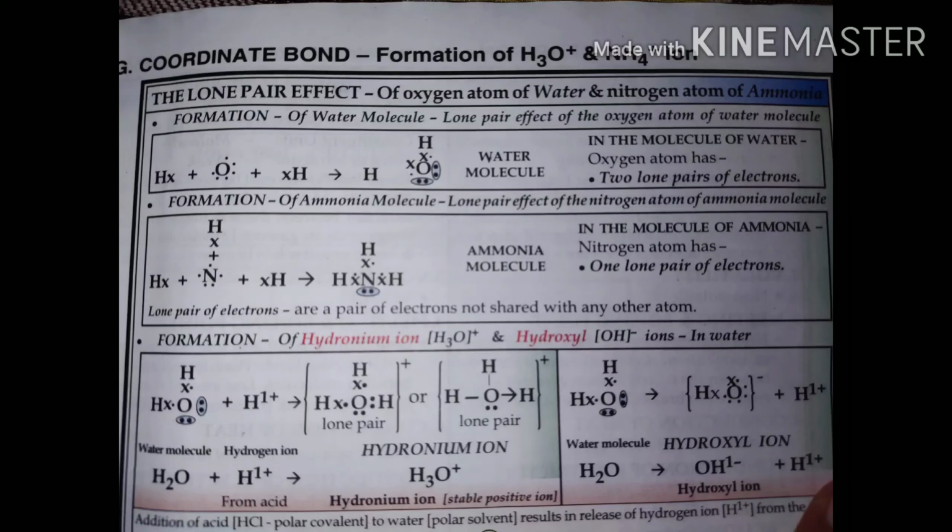And it shares both these electrons, meaning it gets attached to the water molecule, but both the electrons which are shared are from the oxygen only. Hydrogen does not have any electron, therefore it shares the electrons, but both are from the oxygen. In this way it gets attached to the water molecule, but the species is a bit different, because it has one oxygen and three hydrogens around it.